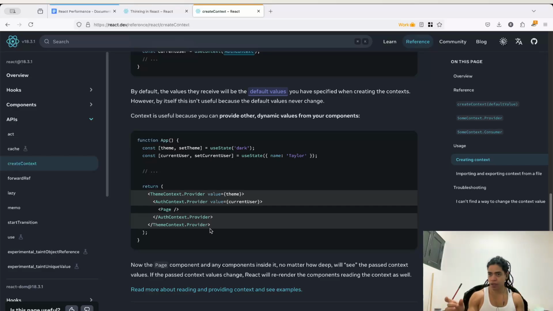It's fairly not that common, but you can do it. But most of the time, the way you send or provide that data, that context, is by putting the provider at least one level above the needed component, the component that needs that. Okay, so with that,